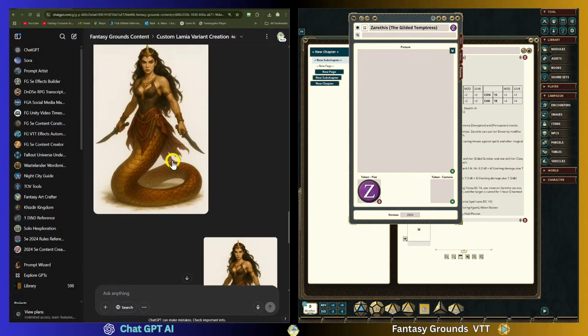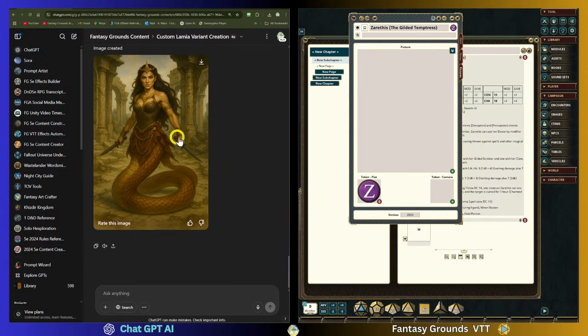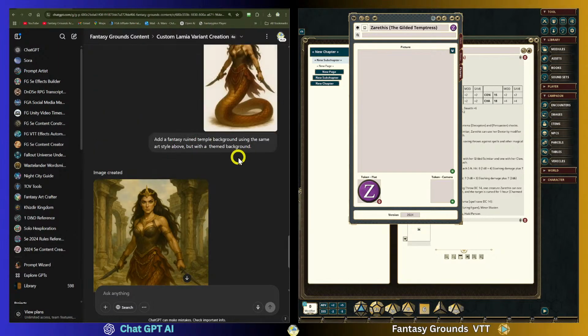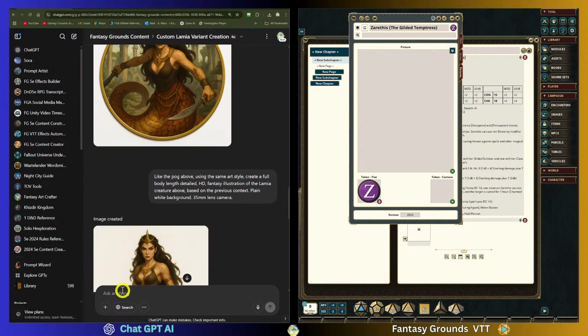So yeah, now you've got this full body art. You have a token or a pog, and then you've got this storybook image. Now you could say, well, I'll say, watch this, based off of the previous context, create a fourth level